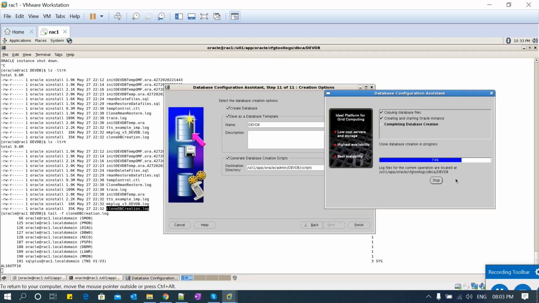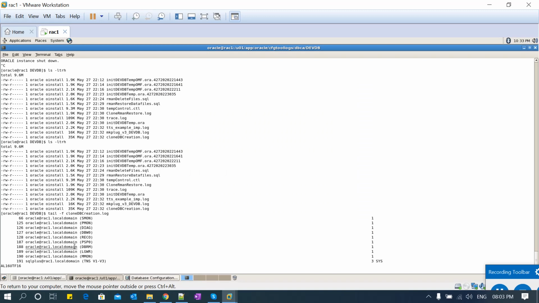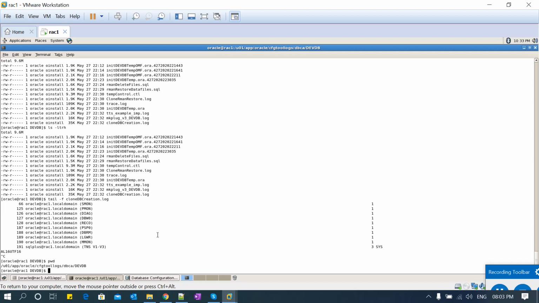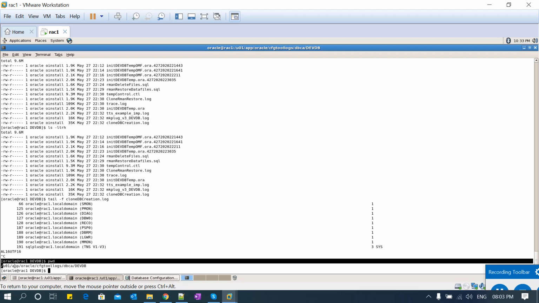And now it's 74% complete. Database instance started, and now completing database creation. Database creation it is doing now. All these background processes started, and now it's creating the data files. If I go ahead and check, okay, data files, right?